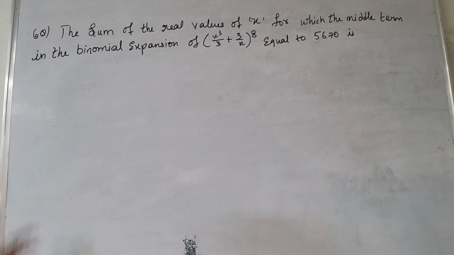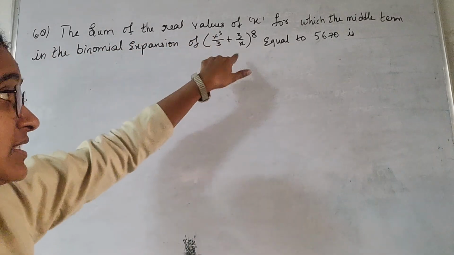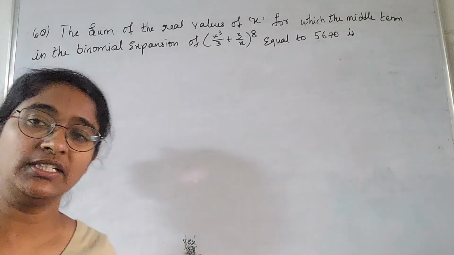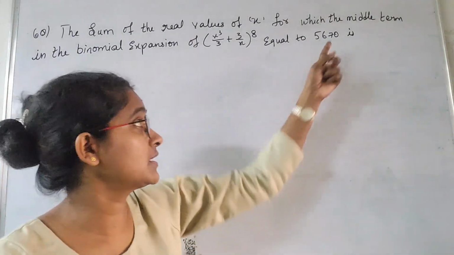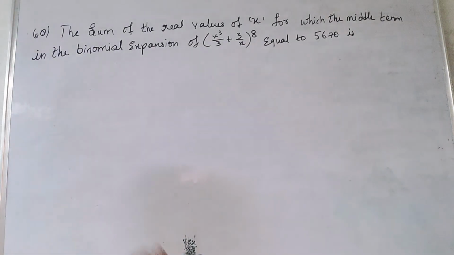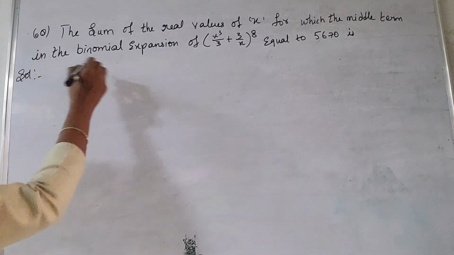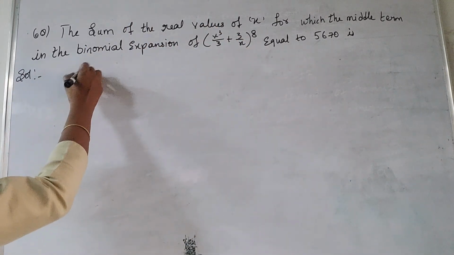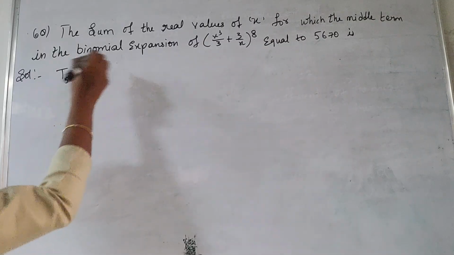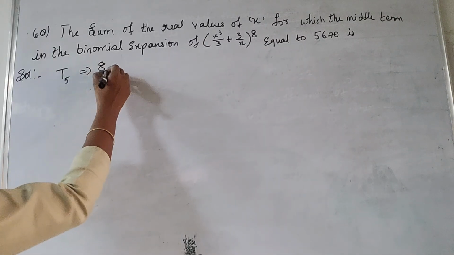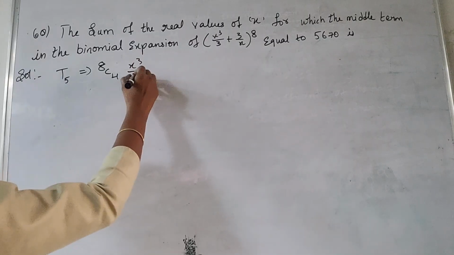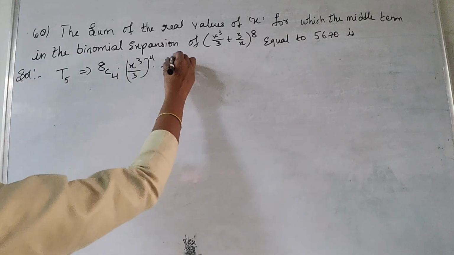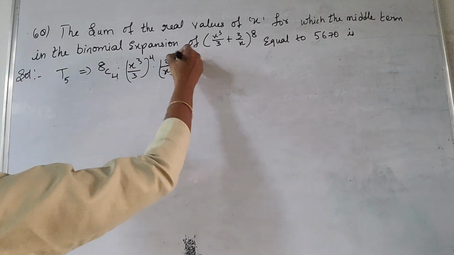Here is another question. The sum of the real values of x, the value of x they are asking us to find. The middle term of this expression is this one. So we will take the middle term and equalize it with this value, then we'll get the value of x. So what is the middle term? Here it is an 8, so this r value will be 4. So directly I am writing the term: 4 plus 1 is 5, fifth term, so r is 4, then 8C4 x cube by 3 whole power of 8 minus 4 is 4, and then here it is 3 by x whole power of r, I am going to write the r value here,